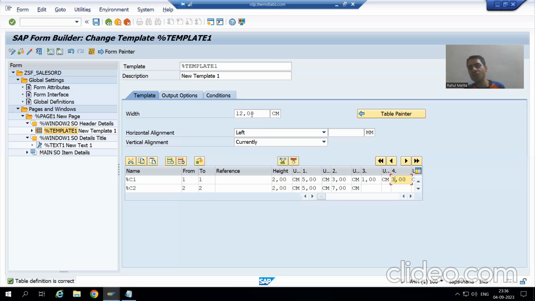We gave the dimensions to the window manually. You can do the same thing through Form Painter also, but at least check in the Form Painter that your windows are not overlapping. Then in the first window, we simply created the text because we want to display SO